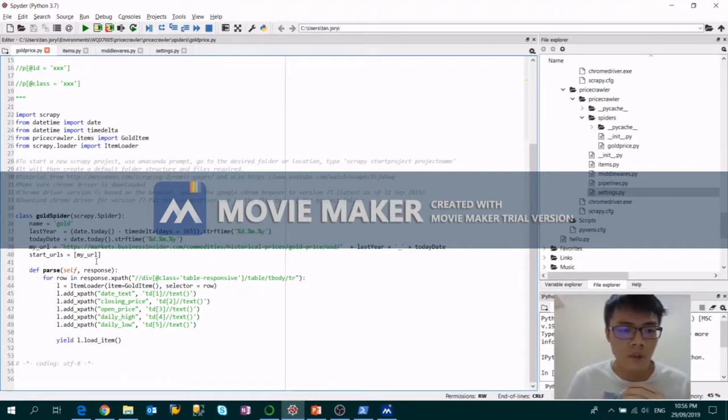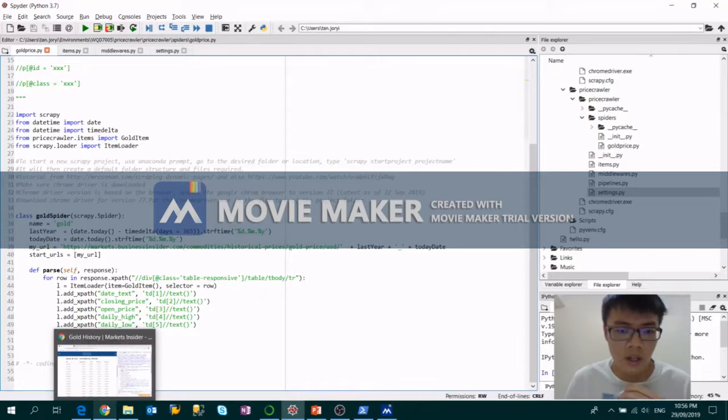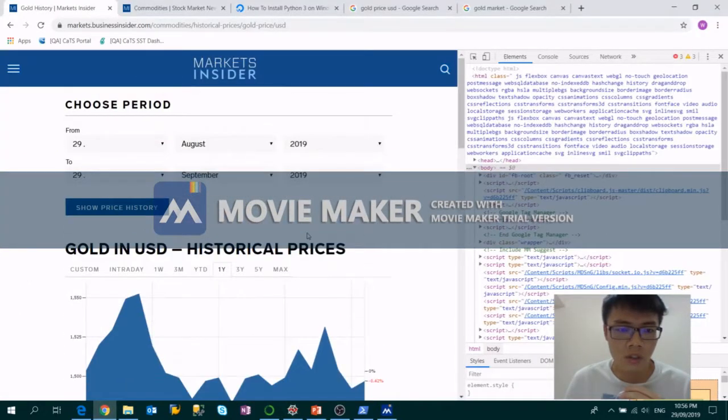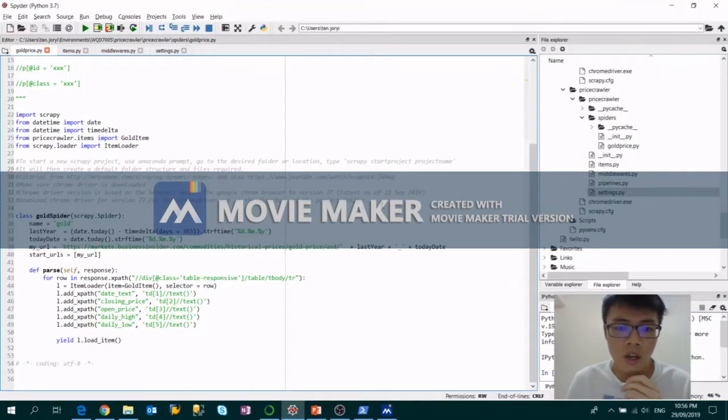So right here, the URL is from markets.businessinsider.com, and as mentioned earlier, our data is based on selections of period right here. So let's say I'm just gonna run this real quick. So after running from 29 August to 29 September, we can actually see up here the URL itself will contain the date attribute inside there as well. So that is why first we